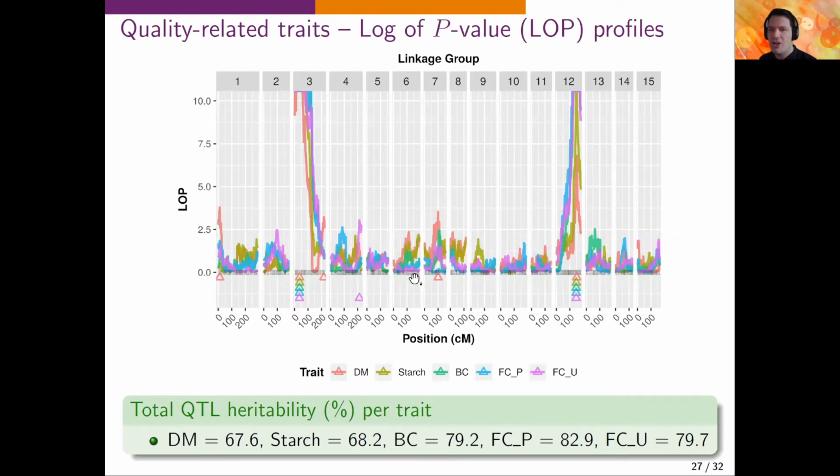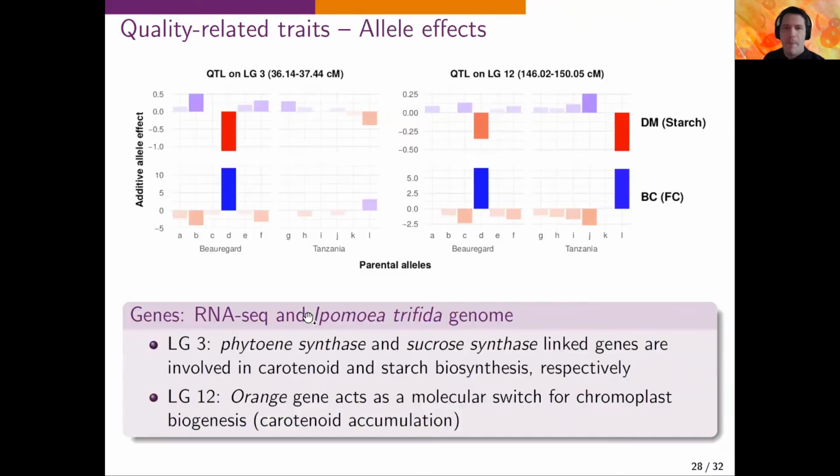We also found QTL for starch, beta carotene, and flesh color to be co-localized with the major QTL for dry matter on linkage group 3 and 12 consistently. So it's pretty clear that they share this region. And it has actually a nice explanation for it, but